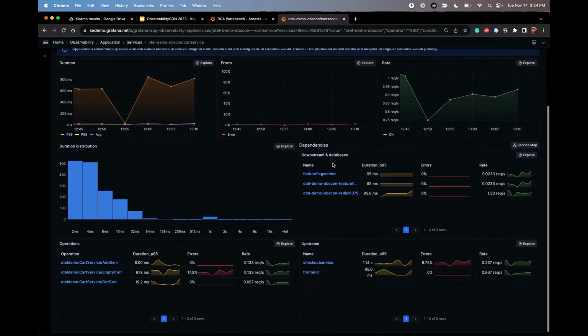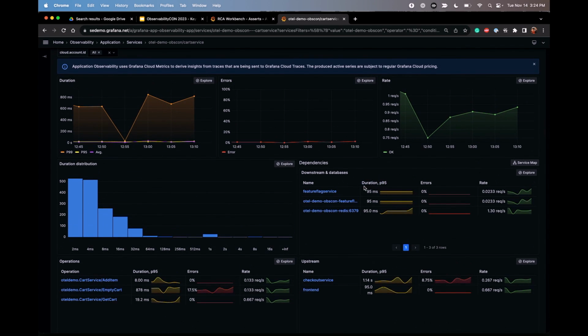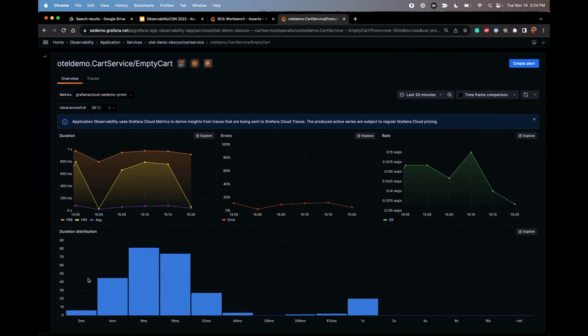But before jumping into the operations, let's look a little bit and see if we impact any services. So, okay, look, the checkout service, another critical service, is actually right now affected by this, and the upstream panel can tell us this. The downstream and the databases panel actually doesn't show anything, so most probably this operation can be problematic.